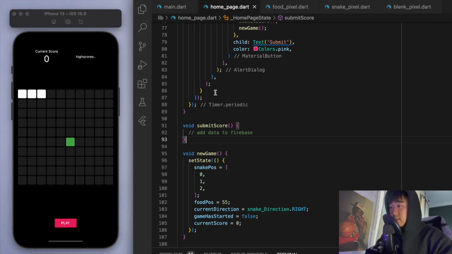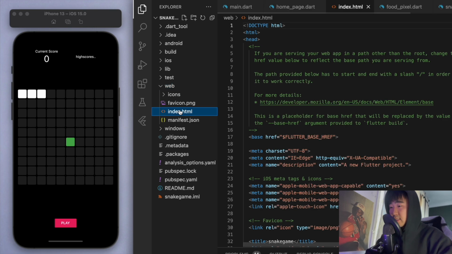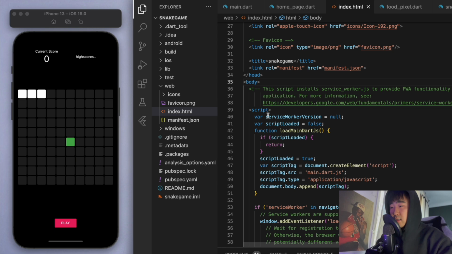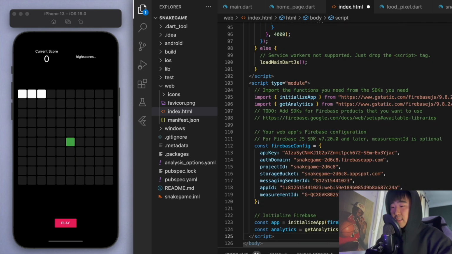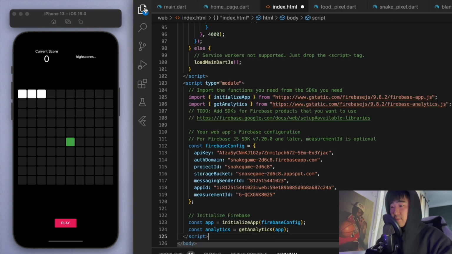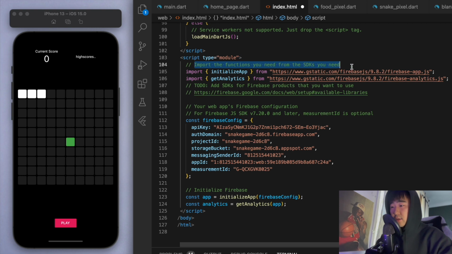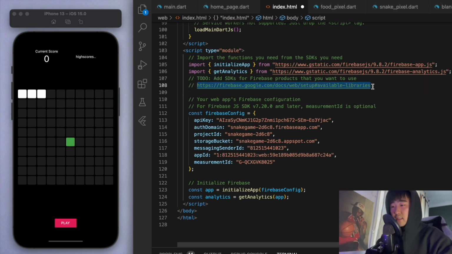and then go to your web index.html and then at the bottom of the body, just paste in this script. And if I just look at what we pasted in, it says import the functions you need from the SDKs. So currently we have the Firebase app, which we're going to need, the analytics, and if you want to add more libraries, let's go to this website